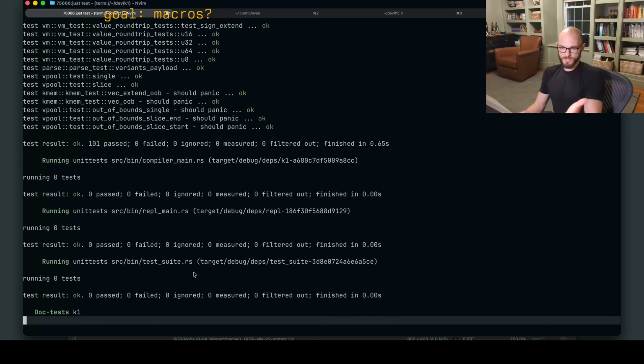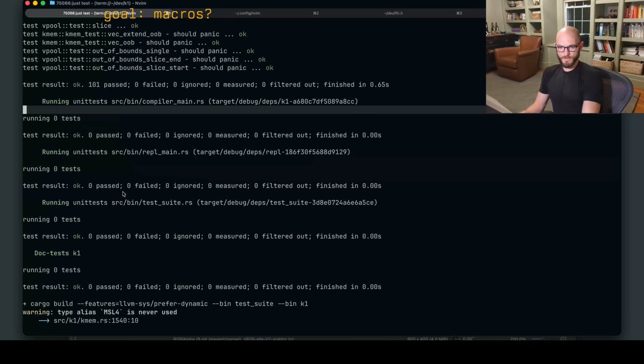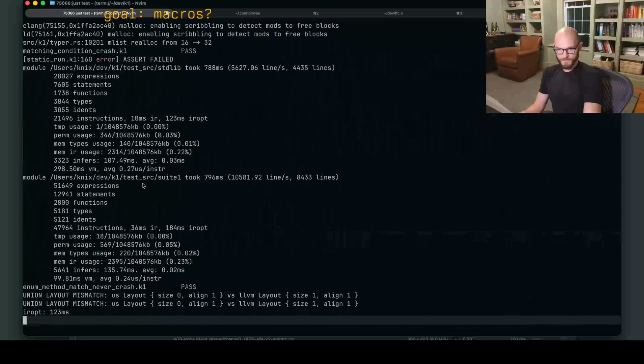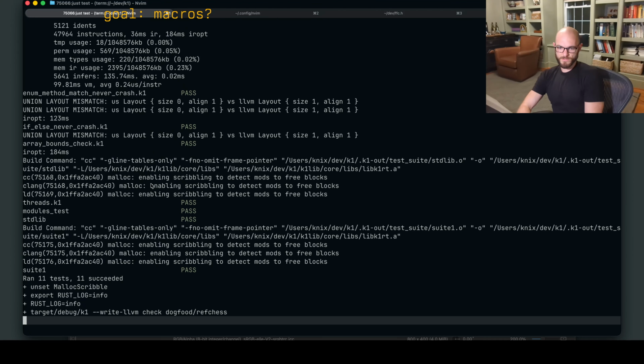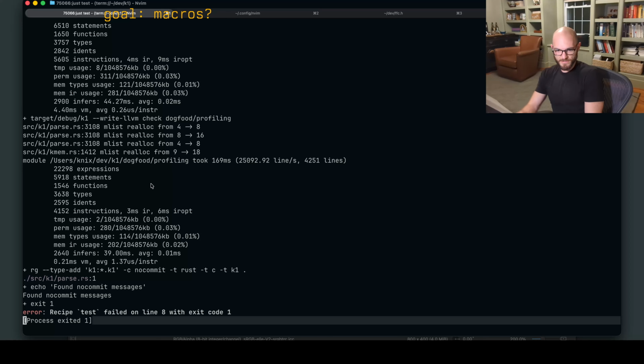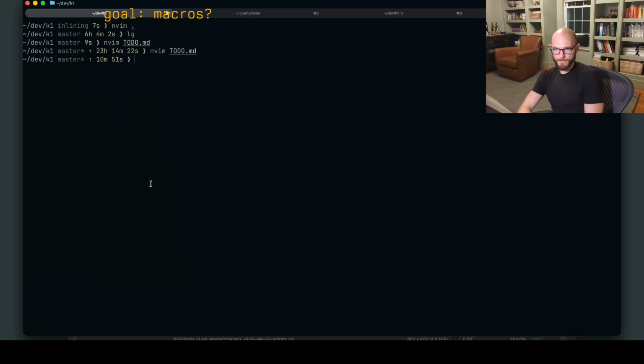Why does cargo take... Look at that. Look, whoa. Stop. Ah, damn it. This is the one that auto scrolls. It takes like 7 seconds to run my tests. And then I go and do like millions of times more work in my own actual integration tests. And they run faster. Okay.